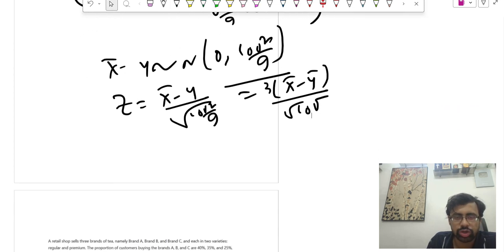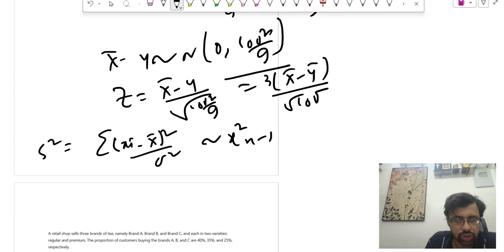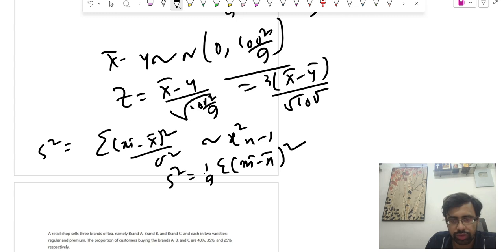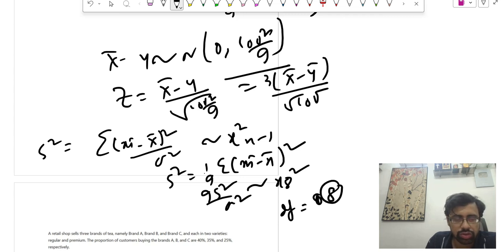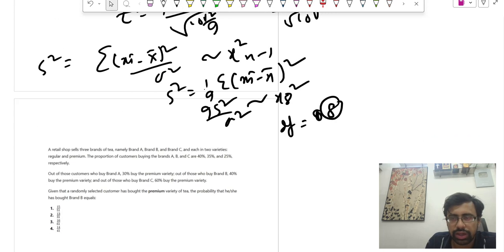So the distribution of S square क्या आएगा? Chi square with n minus 1, so S square equal to 1 by n summation of Xi minus X bar square, so 9 S square यहाँ से चला गया तो 8 S square by sigma square, so sigma 8 square df हो गया n minus 1 तो 8। So to construct a t distribution directly we can write it like this, so the final answer is t distribution with 8 df, t8।